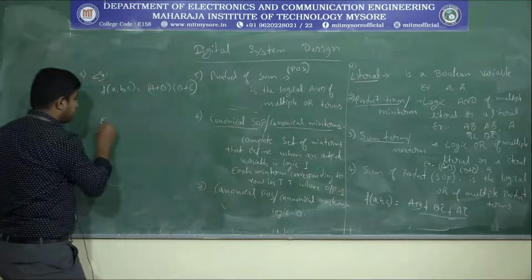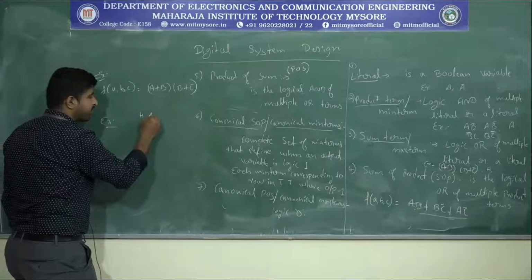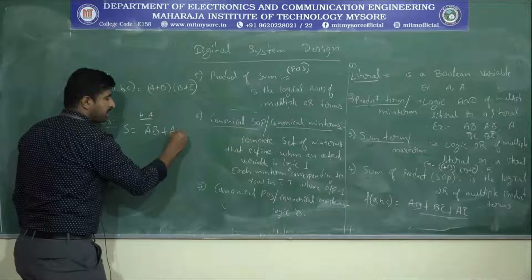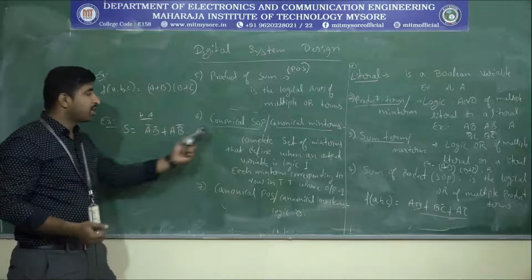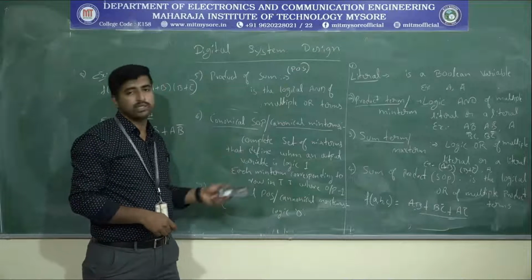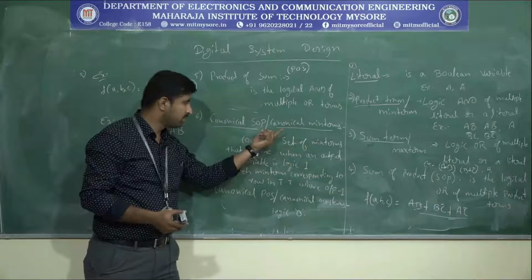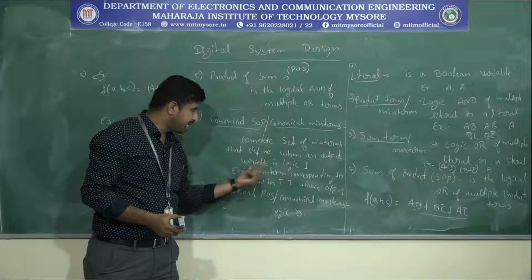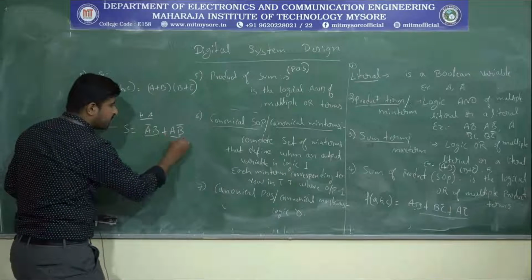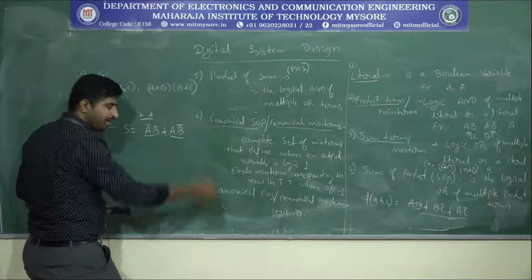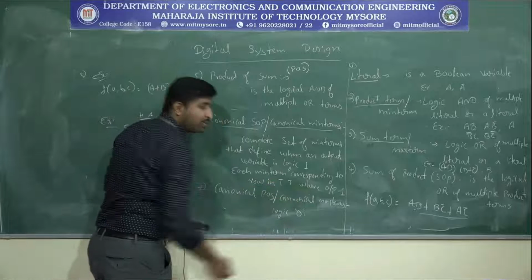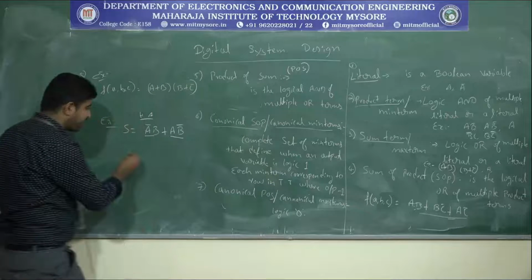For example, if you take the half adder itself, whatever we have written, S equals A bar B plus A B bar, is a canonical SOP. That expression is canonical SOP because we are giving the complete variables when the logic is 1. Each min term, when you write the canonical SOP, corresponds to a row in the truth table where the output is logic 1. That is how we have written it.